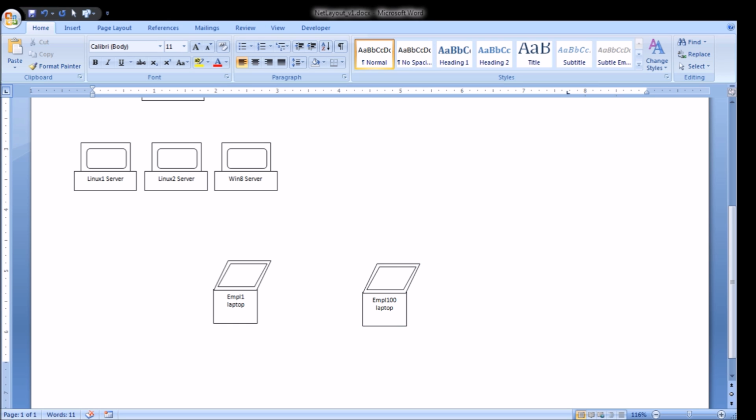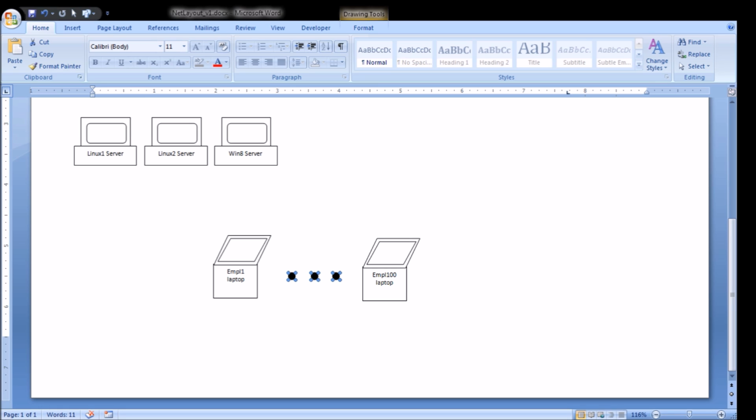And to show that there's a continuum, I'm going to put an ellipse in here, and this just shows, okay, there's 100 of these laptops, and they're going to be wireless, and they don't have to be laptops. Obviously, they can be any tablet, iPad, phone. It's just like I said, a placeholder to show that there's going to be 100 wireless devices,